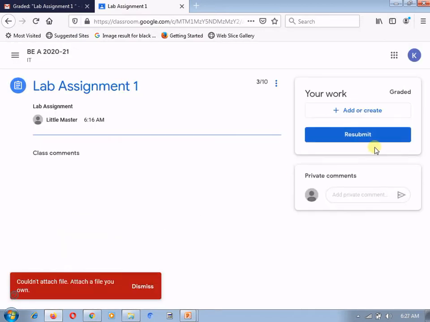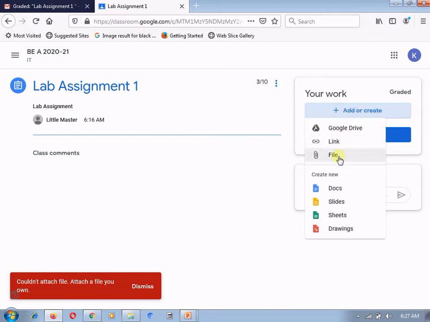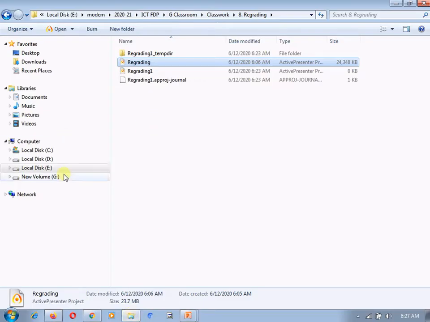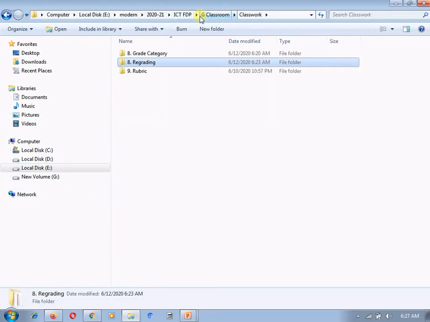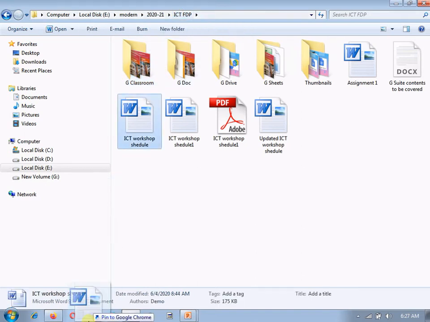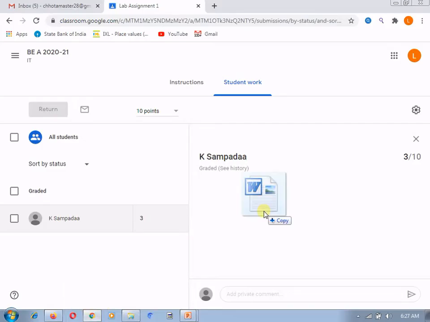Okay, let's see, there are some issues. Suppose the student has his work in his machine, and suppose this is the work done by the student, and let's try to resubmit it.